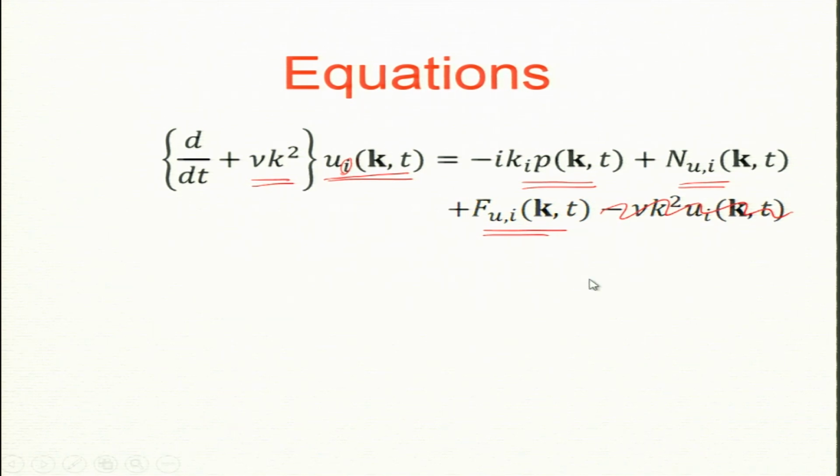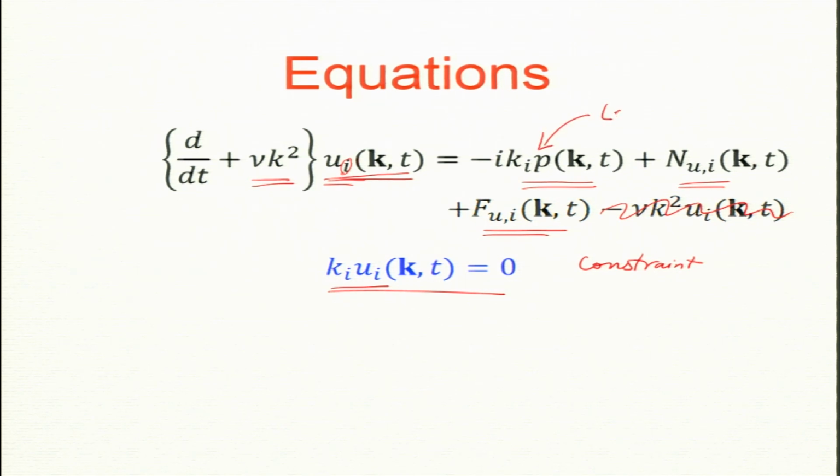Now, the divergence free condition, that is k dot u, which is straightforward, k_i u_i(k). This is a constraint, not an evolving equation. It does not help you in evolving the velocity field, but it is a constraint on u. So pressure will be computed using this condition which I told you before. This condition is basically helping us compute pressure. Pressure in mathematics language is in fact a Lagrange multiplier.